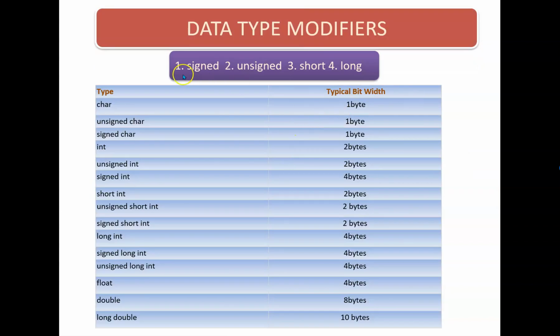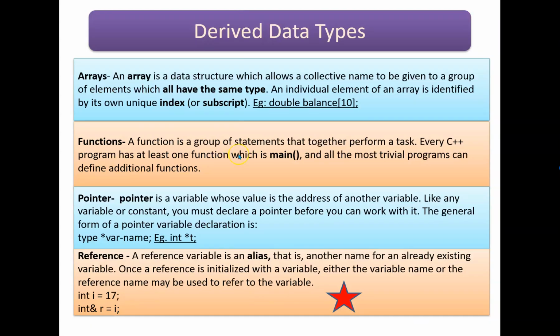So here are some basic data types and the widths they take. Char, unsigned char, signed char, etc. all the way on down the line. And these are the basic types that we've all already seen. So from those, we have some derived data types. We have